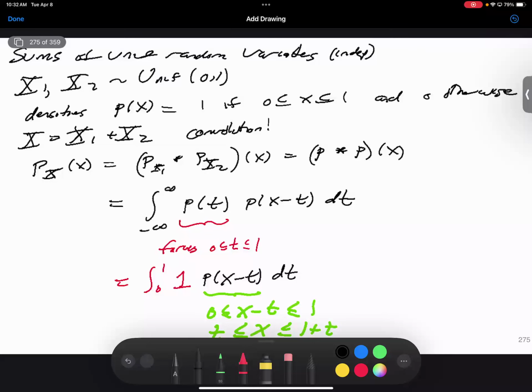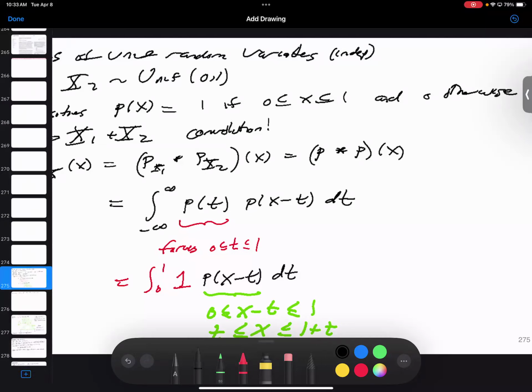And so I'm going to have to figure out what the bounds of integration are, and it's not surprising that it's going to depend on x. If it didn't depend on x, then I would get that the probability of the sum is uniform, and I would get uniform plus uniform is uniform. So I have to figure out, how do the bounds depend? And so before doing that,